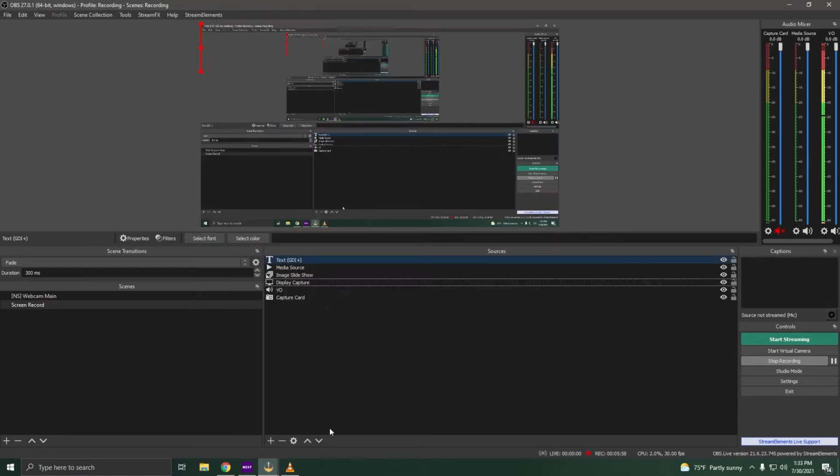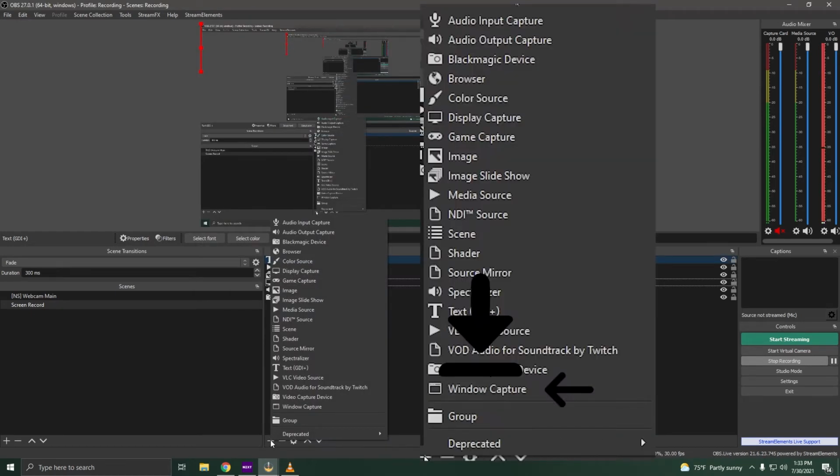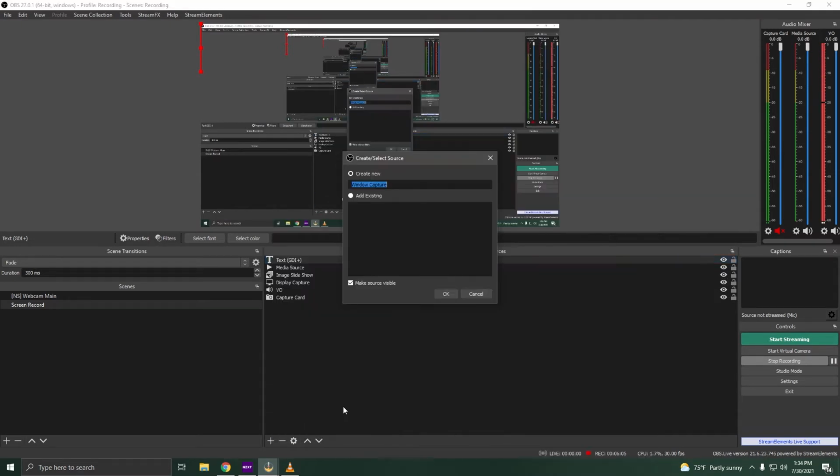Window capture is for exactly what it sounds like, capturing windows. This is useful for when you want to show only what's happening in a specific window, for showing work in a program or non-full screen game without showing anything else on your desktop. And it keeps showing whatever the window is doing, even if you bring other windows in front of it on your computer. Some streamers use a window capture to show their Twitch chat in their live stream.